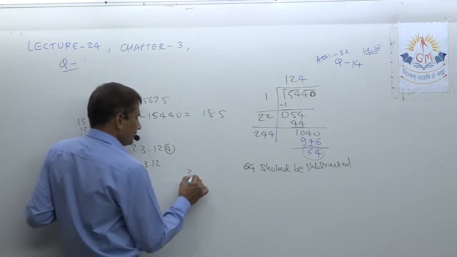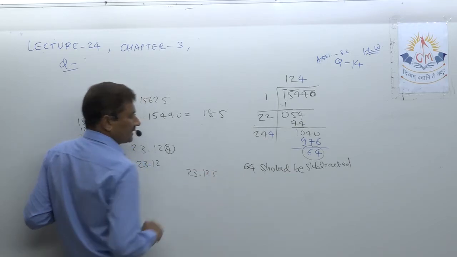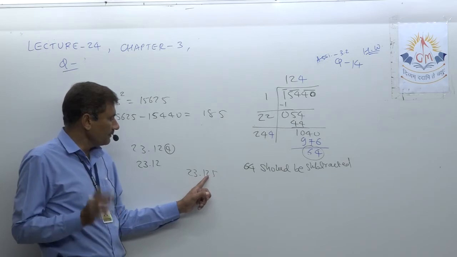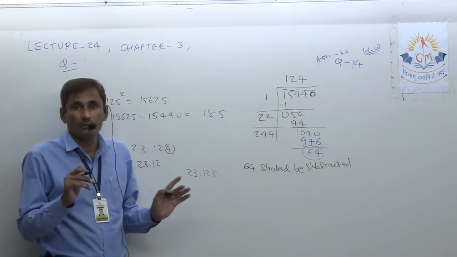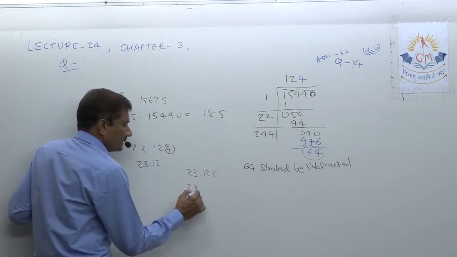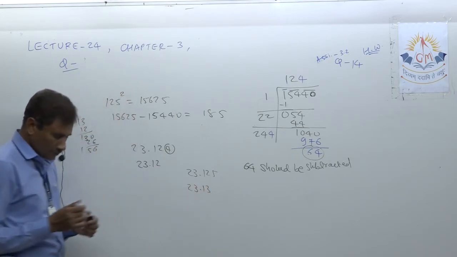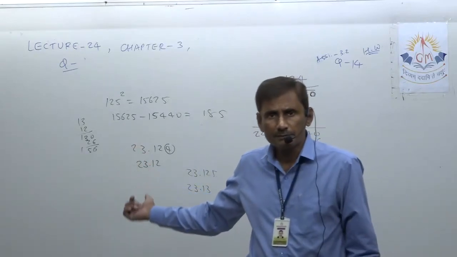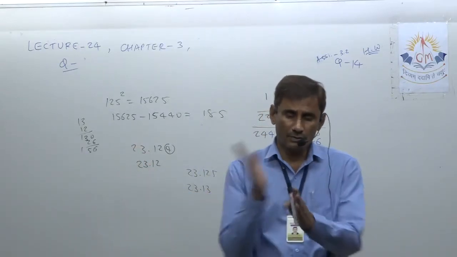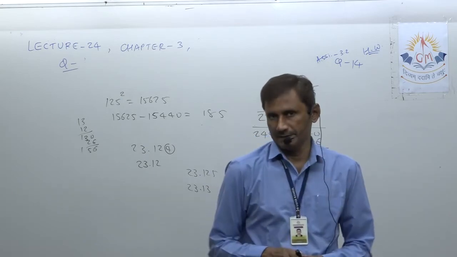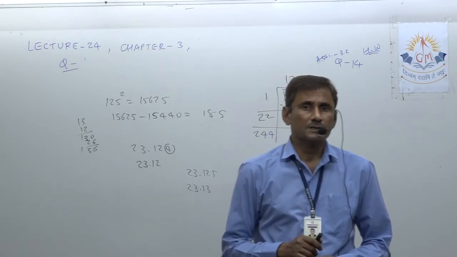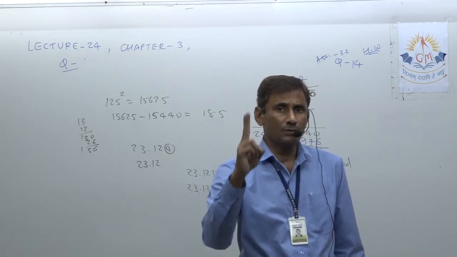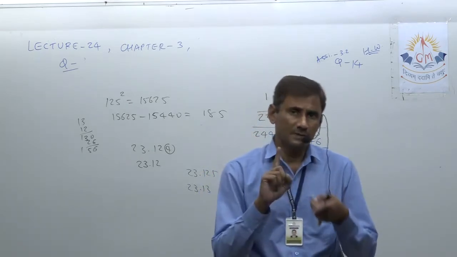But suppose it is 23.125, like that. Whenever that digit is 5 or more than 5, at that time you have to add 1 here. So it is rounded off, and at that time it is 23.13. So the third decimal place we are finding not for writing, but for rounding the second decimal place. Understood? So in the answer we will always have after the point 2 digits only, 2 decimal places only.